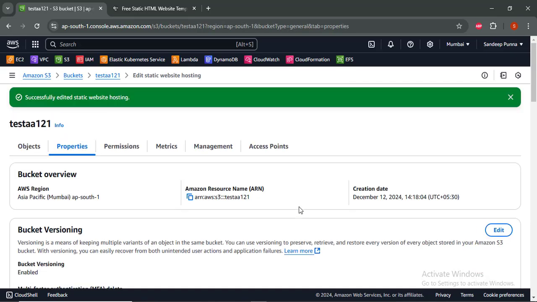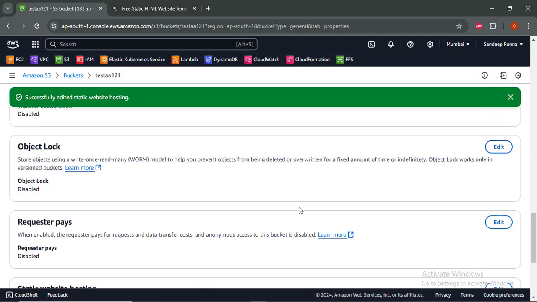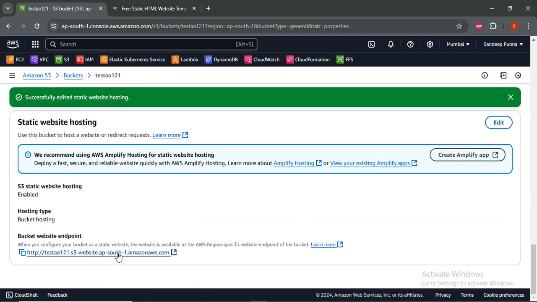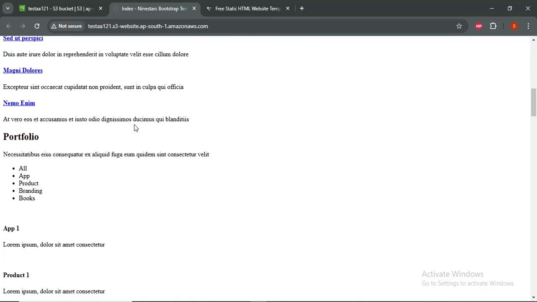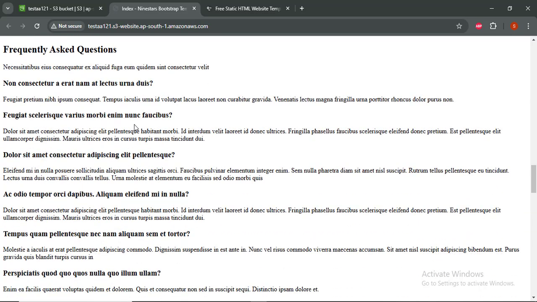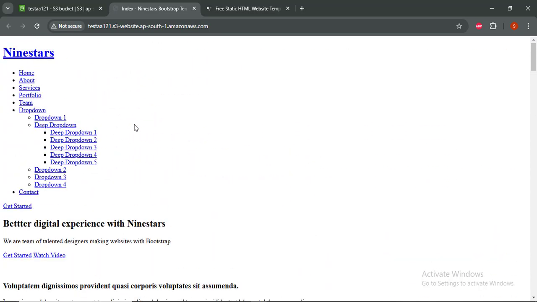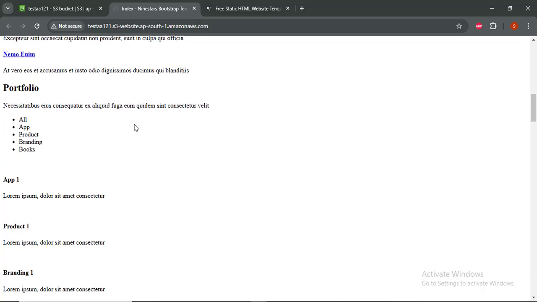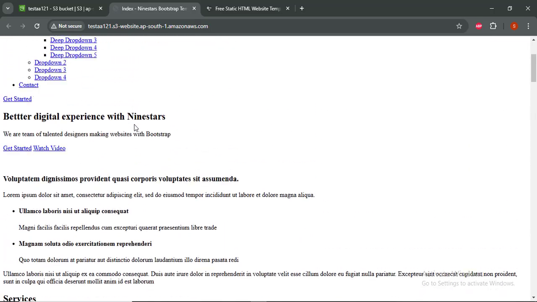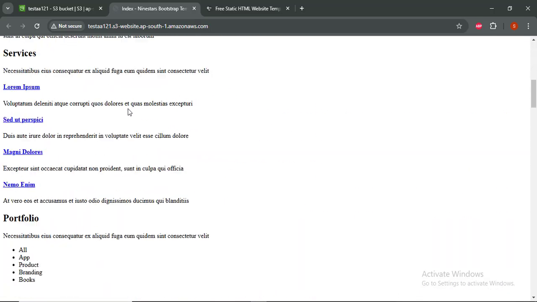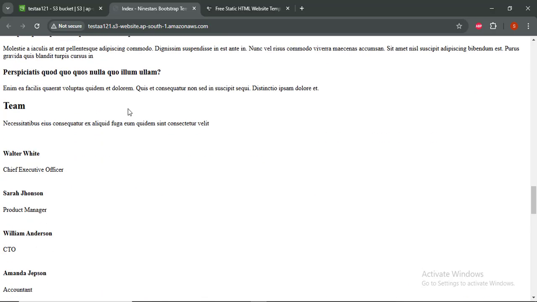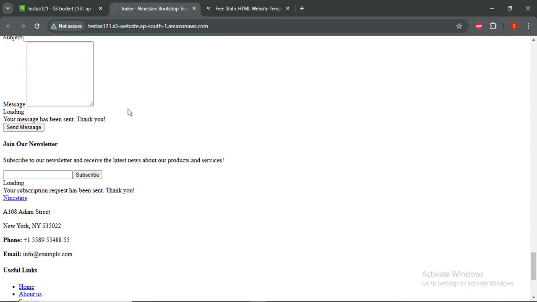Boom. You will get a link. Run it. You will host a website now. See, congratulations to whoever followed this tutorial and did it, you have successfully made a static website, and one task is done. Now we will do another thing, lifecycle management. What is it? We will go into